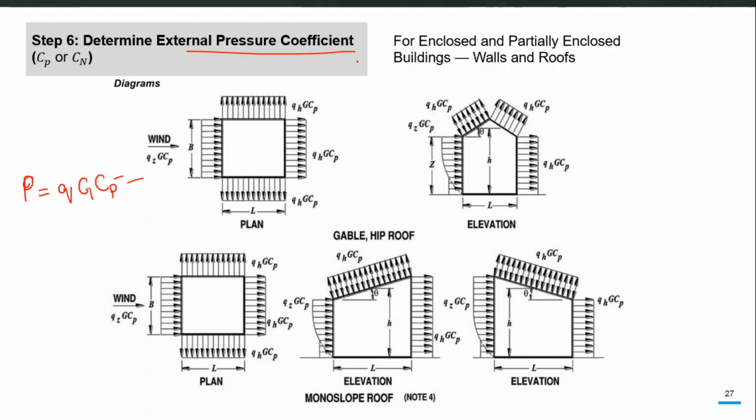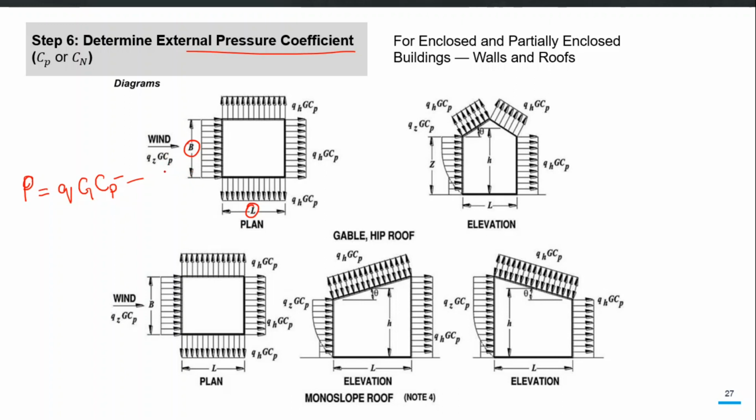And that external pressure coefficient is dependent on your building plan or aspect ratio actually. So if capital B is the width, one dimension of your structure, and capital L is the other dimension in plan view, then this ratio B over L, or this aspect ratio, will affect the distribution of external pressure coefficient. For a regular building, a square kind of building, we will have a very regular distribution of external pressure